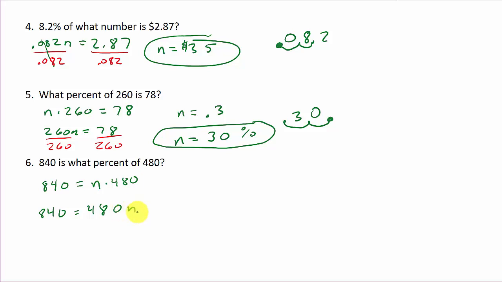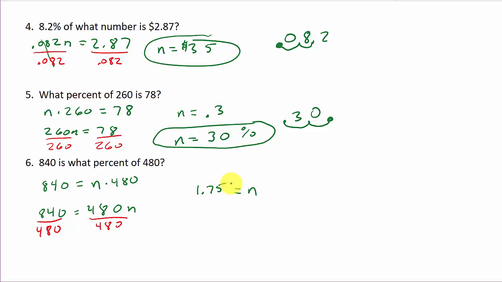We'll write the coefficient before the variable. And then to solve this, I need to divide both sides by 480. And so that is going to give me n is equal to 840 divided by 480, and that gives me